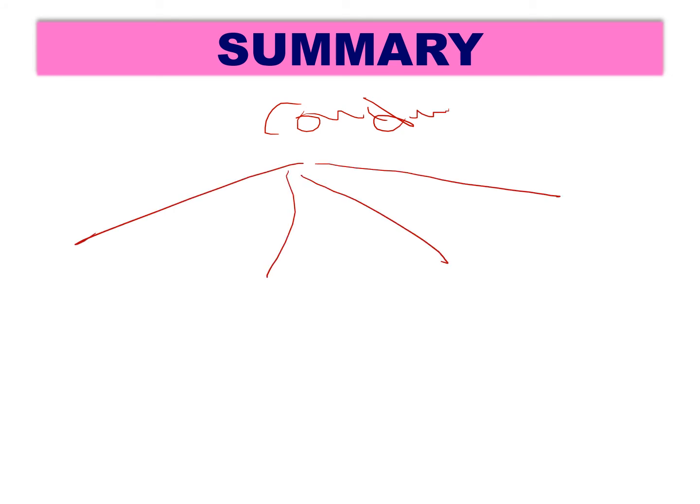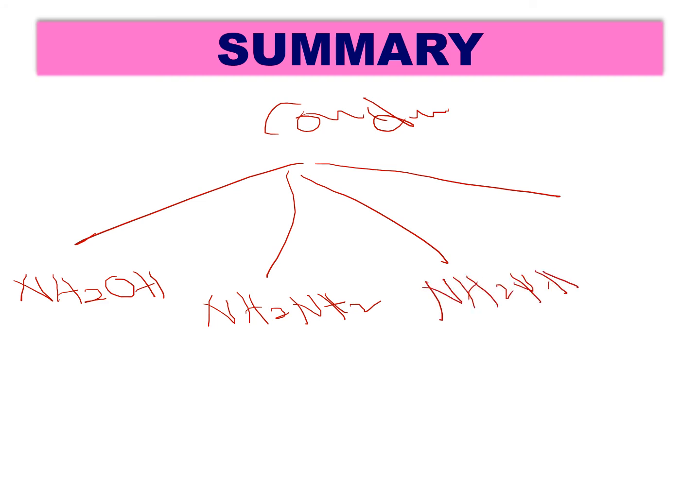Okay. So as summary, we have condensation. We have 4 type of condensation using ammonium derivative. First one, we react with hydroxylamine, okay, NH2OH. Second, we react with hydrazine, okay. Third, we react with phenylhydrazine. And last one, we react with 2,4-DNP,